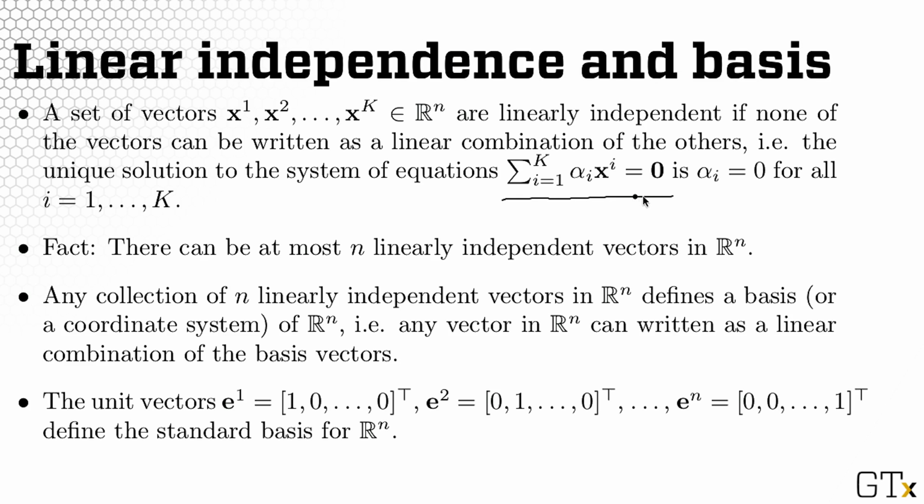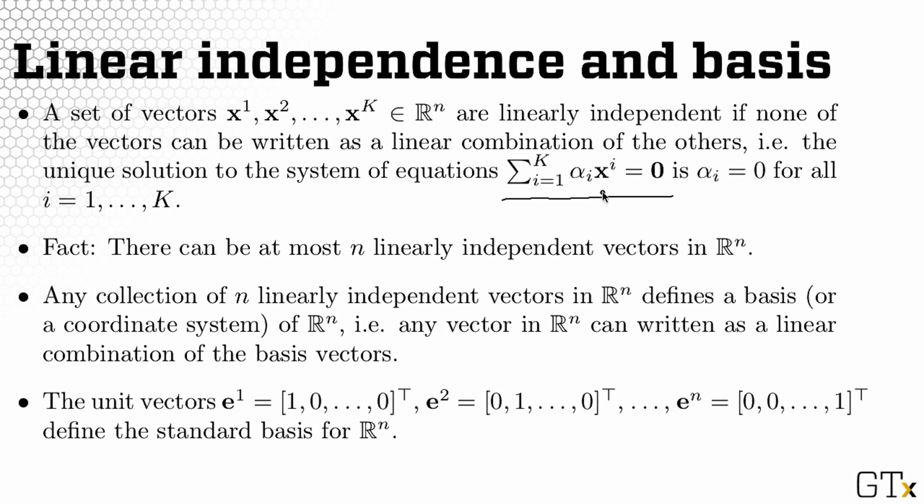So notice that this is a system of equations, right? Because on the left-hand side, I have n equations. On the right-hand side, I have n numbers, right? So it's a system of equations. And the unique solution of this is that all of the scalars will have to be 0, right? If this system admits a solution where one or more of the scalars is not 0, then the vectors are